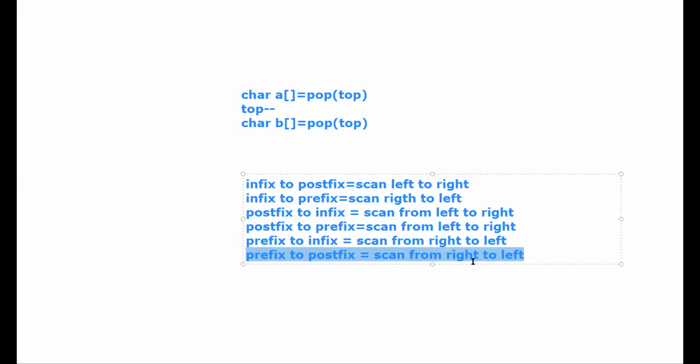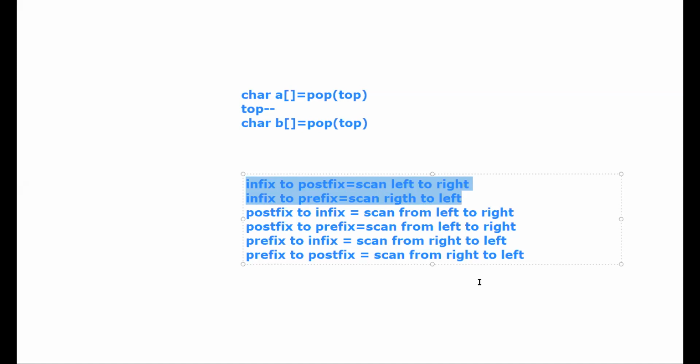Clear? Is there any doubt in this? Nothing else is there; the only thing you have to study is this one part. It is very important. You have to remember the algorithm. In the first two scenarios, a low priority operator cannot be placed over a high priority operator. If the scanned symbol has low priority, we cannot place it on top of a high priority element.